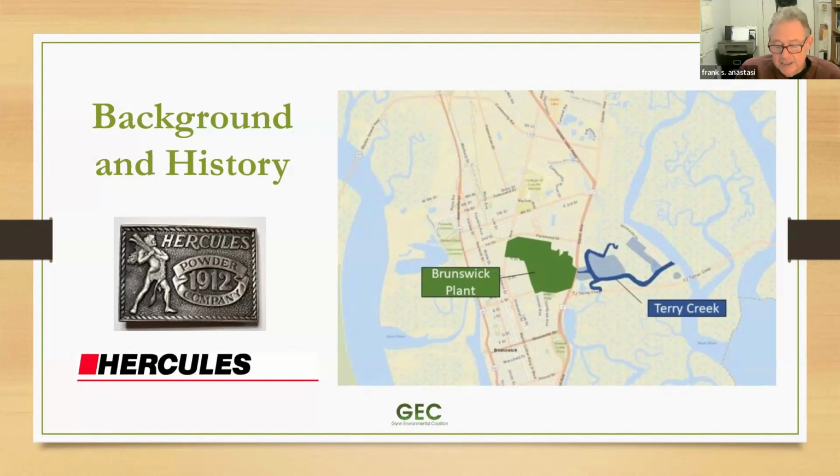Panova discharged their non-contact cooling water and stormwater runoff into the ditch when it operated there, from 2010 to 2023. And the plant closed in 2023 after a fire that was pretty catastrophic. They closed down. The site is undergoing closure under the Georgia Environmental Protection Division program with oversight from them. And the plant site, that's the green blob on the left side of Highway 17, is not part of the Superfund site. That's being managed under a different program. Whatever environmental clearances will be required there will be taken under the authority of the state of Georgia's Environmental Protection